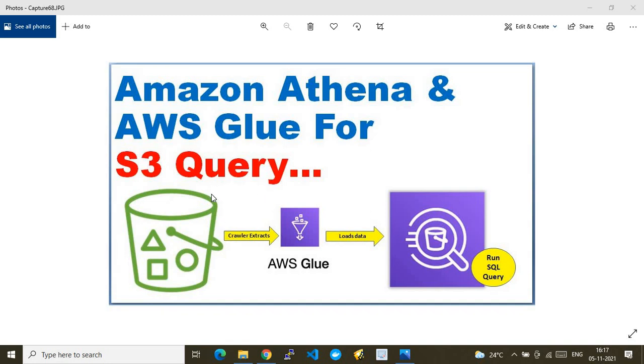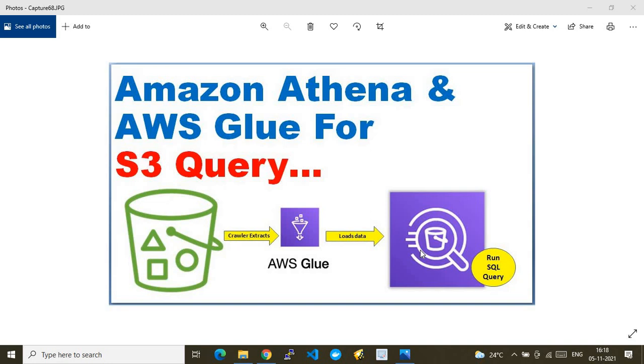As you see in this picture, this is a pictorial overview of my demo, where I will be creating one bucket which will store the raw data in the form of a CSV. We will create the AWS Glue crawler services which will extract the data present in that CSV format file and create a dynamic database and table in the Amazon Athena query service. From there we can run all our own business logic. So that is the main flow of this demo.